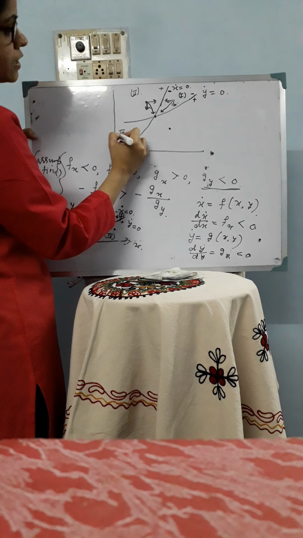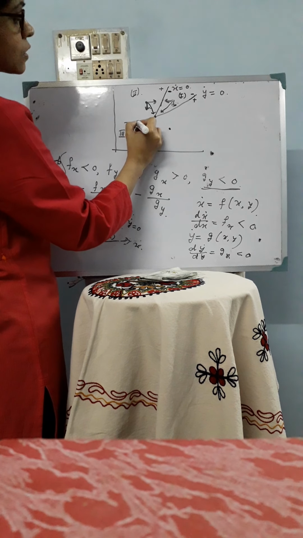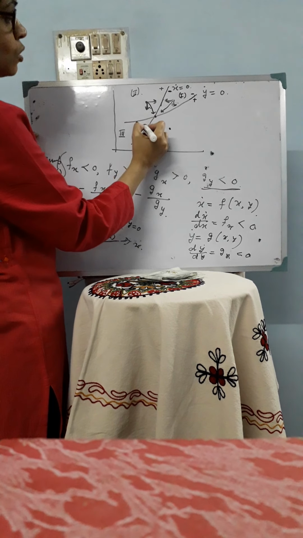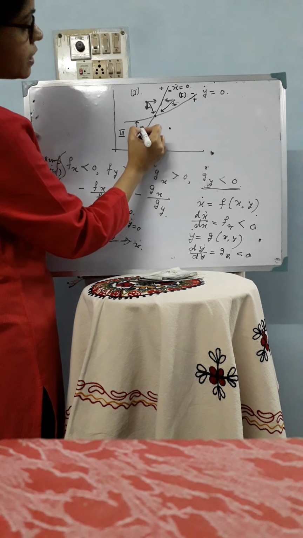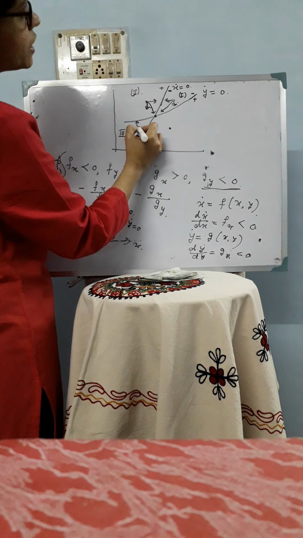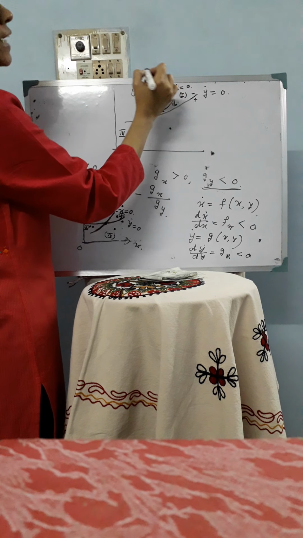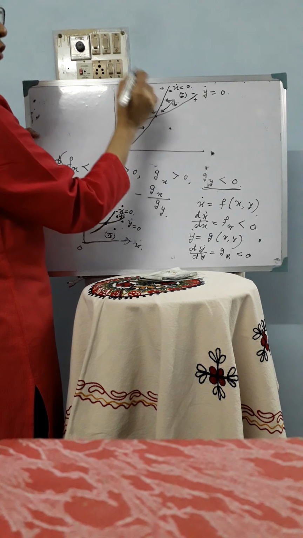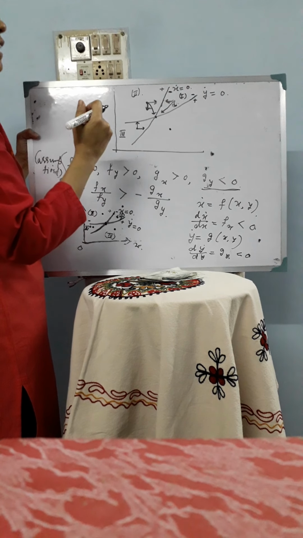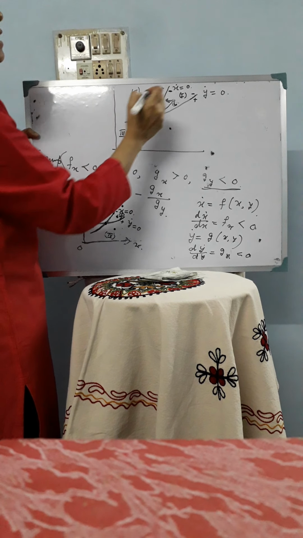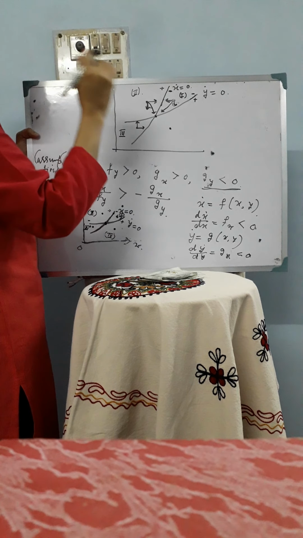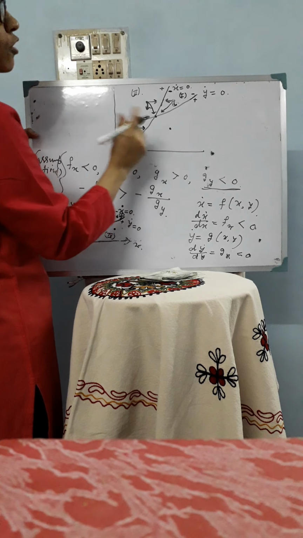So what will happen in region 3? In region 3, y will increase and x is also increasing. So why x will increase? Here in region 3, if we consider x dot is equal to 0, this curve, in region 3, x dot is positive. So for x dot to become 0 from its positive value, x should increase. So in that case, x dot will decline from positive to 0. So x should increase from left to right.